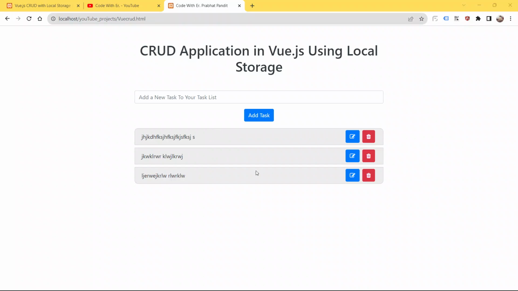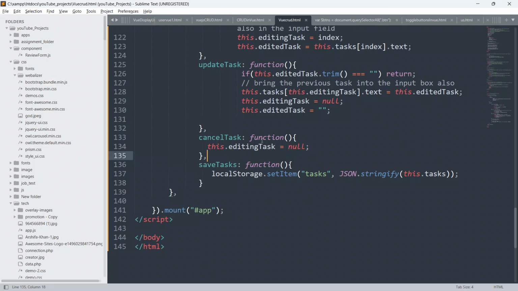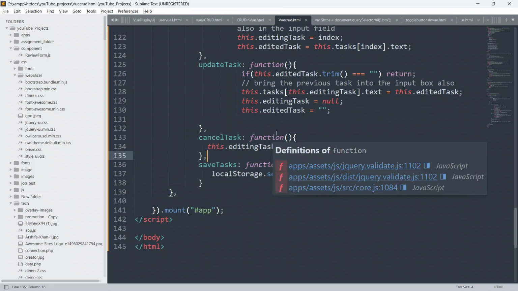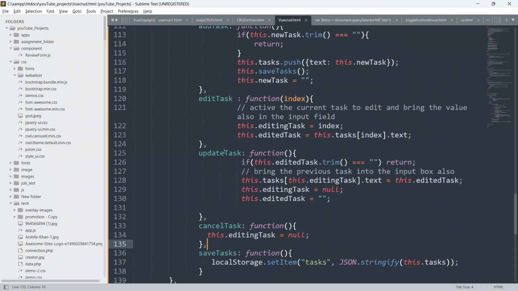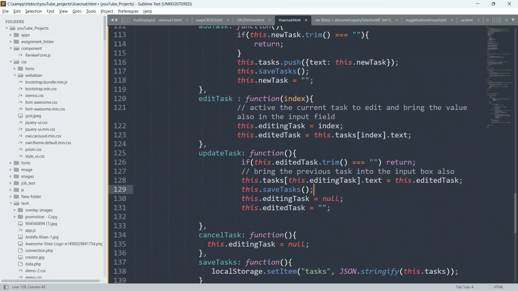Okay, so we have to update task, and we also have to call our save task method. So this.saveTask, I will say here after the updating.